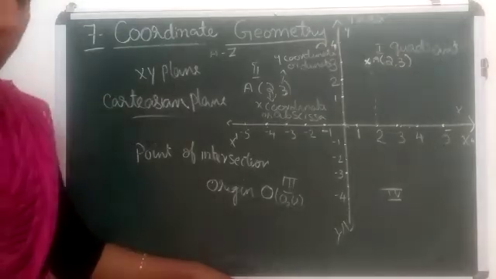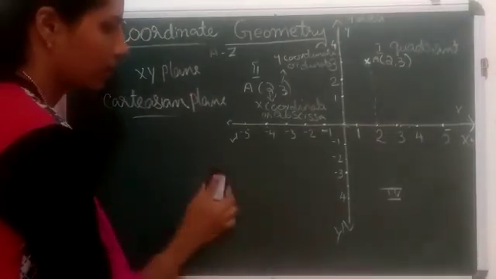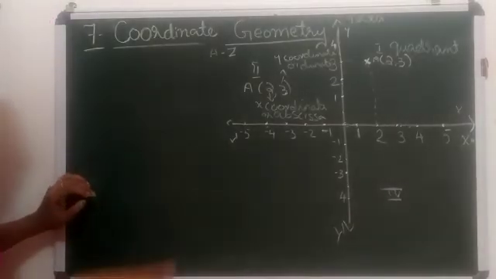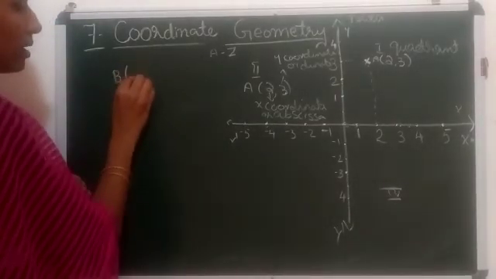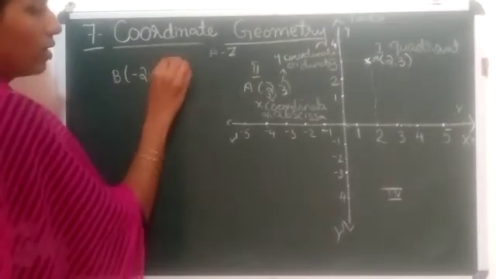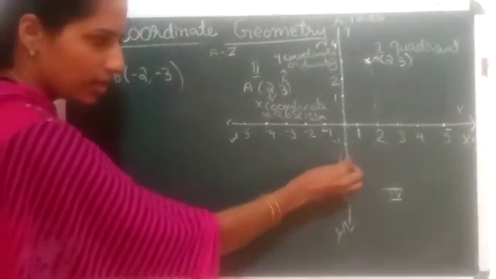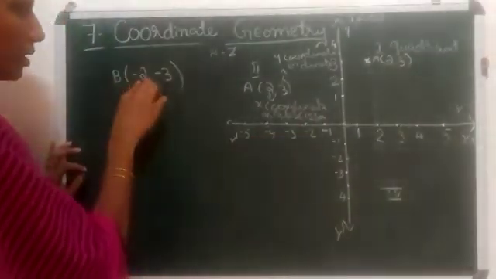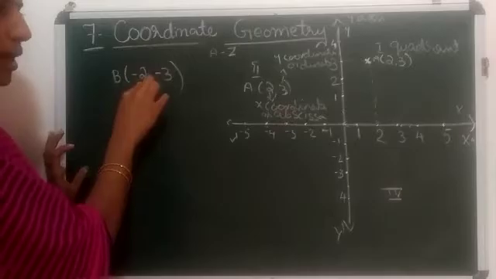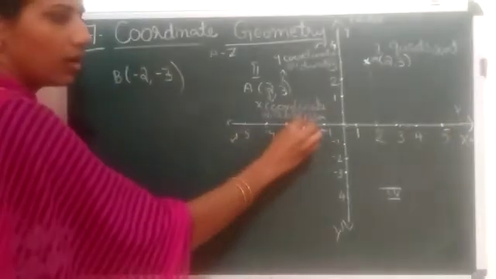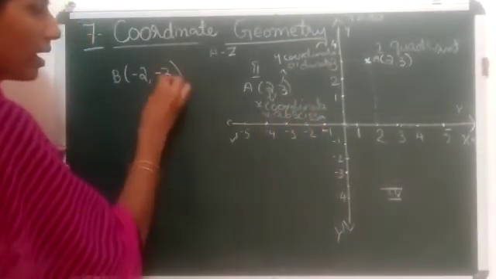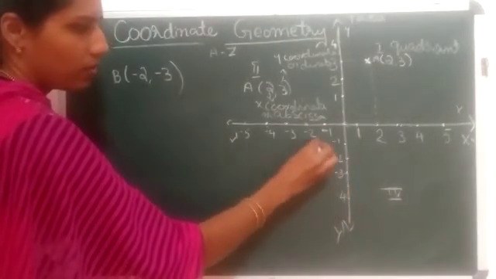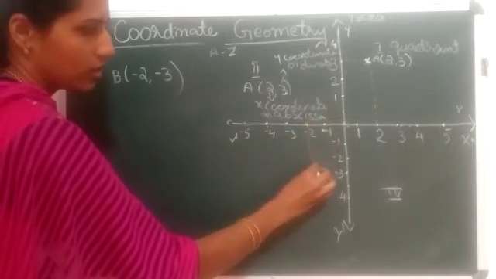In the same way, if we are denoting B(-2, -3), how will you denote it? Always say first that here is the negative value and here is the negative value. Now here B is minus 2. Minus 2 means it is on the x-axis. So x is minus 2 and y is 3. So when we are marking, the line should be like this.